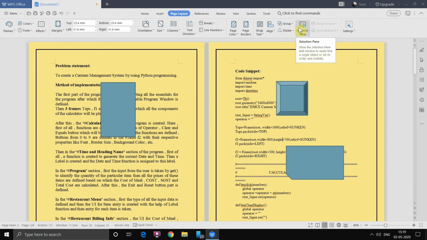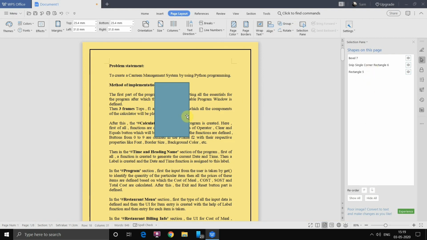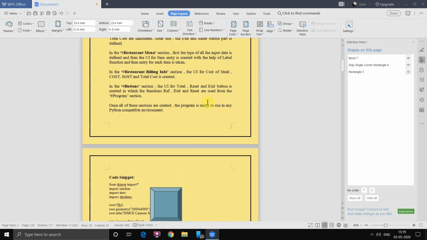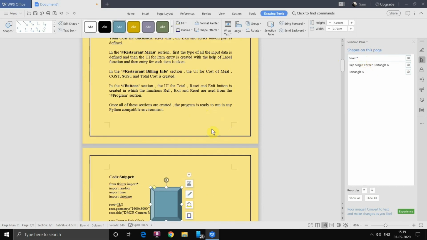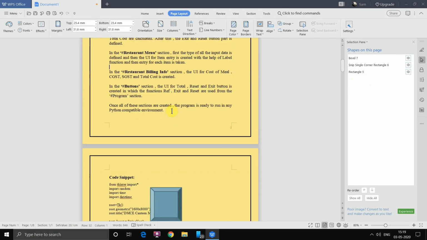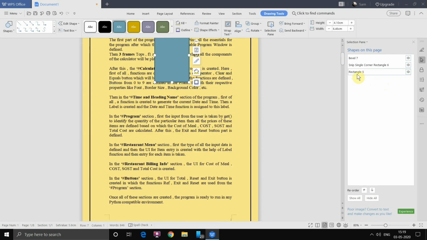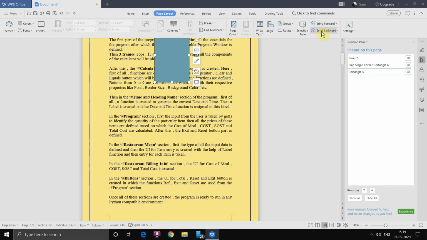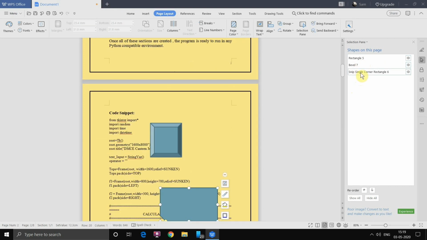What selection pane does is once you click on it, it will show all these things, all the shapes which you added. Okay, first of all it will show the bevel, and this one, then this one. Alright, now see, this one is at first and these two are next, right? But here it is showing it last. So what we'll do is, we'll go to page layout, see this, bring forward, bring backward. So we'll just bring it forward to the top as it is the first thing. Now bevel is second and this is third. So you can just change their positions, bring them forward or take them backward.